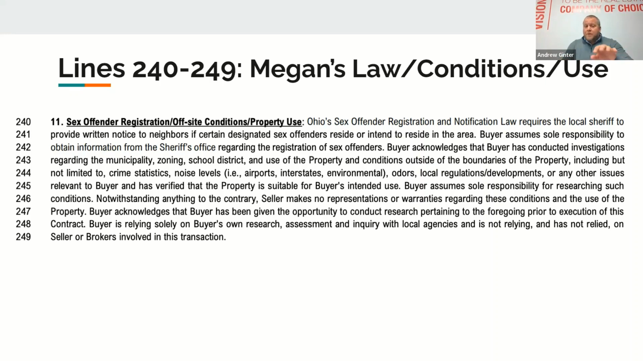Now, they've incorporated other things with the Megan's Law in here. So you'll see it's also offsite conditions and property use. So those things are designed specifically really to protect us. There's been many lawsuits, luckily, that we haven't been a part of, where people have gone back and sued agents for offsite condition stuff, like a year after closing, the airport expands, and now the airport is only 300 yards from their house instead of